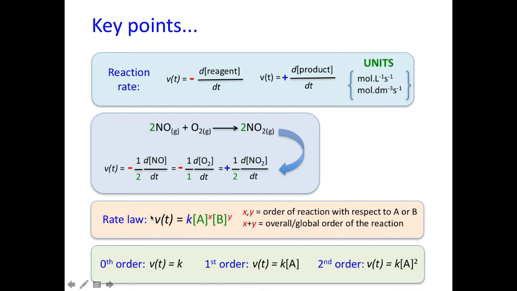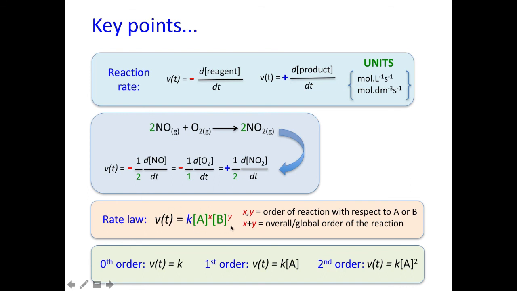So the rate law is an expression that relates the reaction rate with the concentrations. So it allows you to get reaction rates as a function of concentrations, or to get concentrations as a function of the reaction rate. So if you measure reaction rates, you can predict concentrations at a given time, or if you measure concentrations at a given time, you can get reaction rates at that time. x and y are called the order of reaction with respect to A or B, respectively, and the sum of x and y is the overall order of this reaction. The rate laws are only